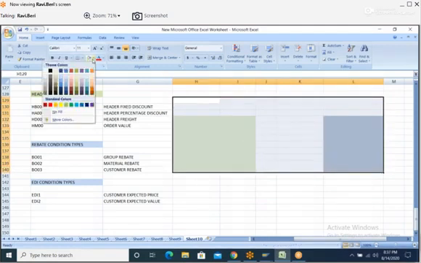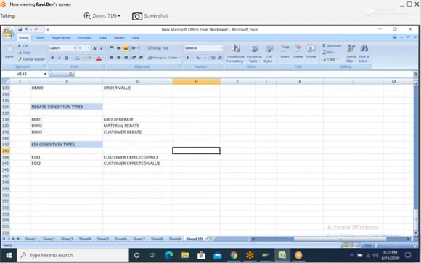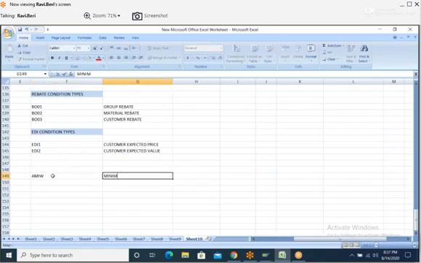Next. Now, take this condition type AMIW, minimum order value, and AMIZ, minimum value surcharge.